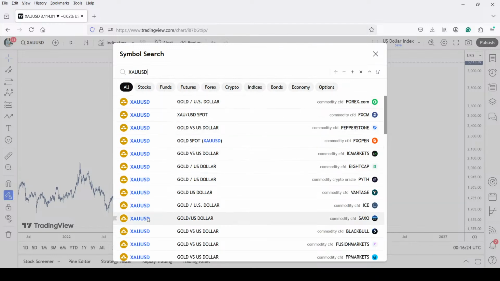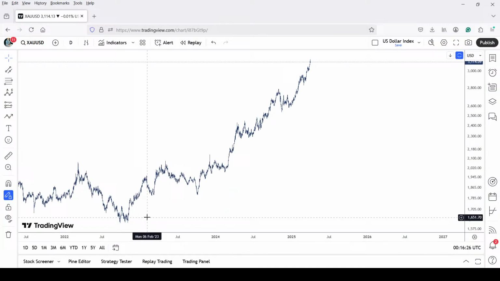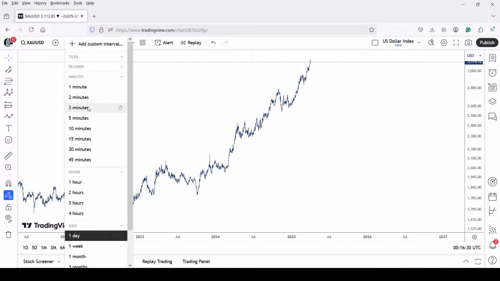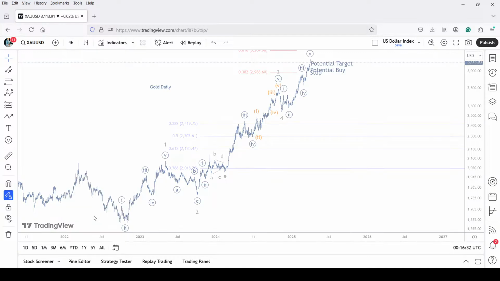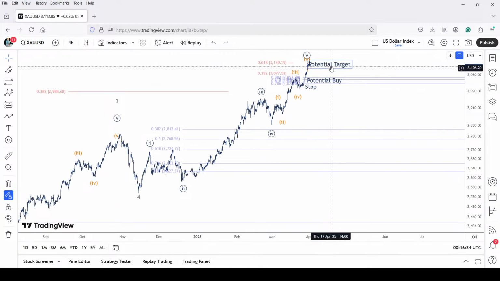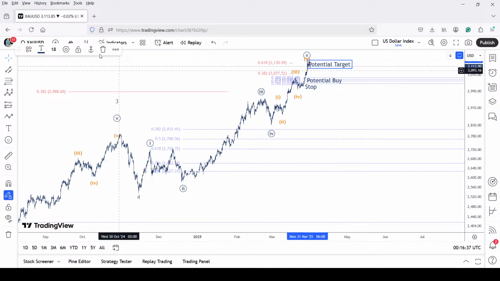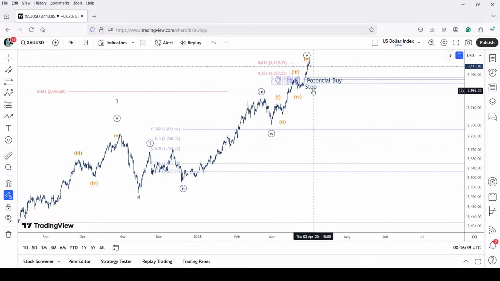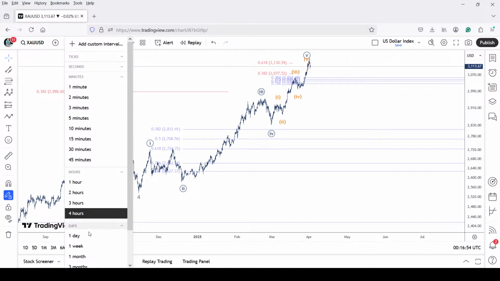I've done the counts here on gold. That was potential buy earlier. Now the situation is changing. So if you allow me to take the daily chart first,